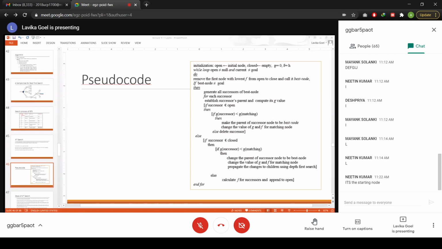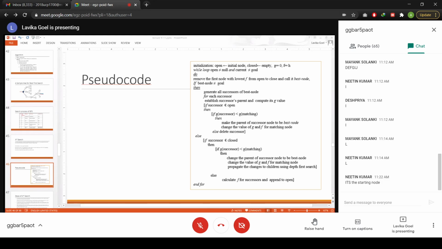Now there are two exception conditions in the A star algorithm if you have a duplicate node. Suppose you had a best node with the lowest F value, and you generated the successor of that best node, and that successor is an already generated node, a duplicate node.